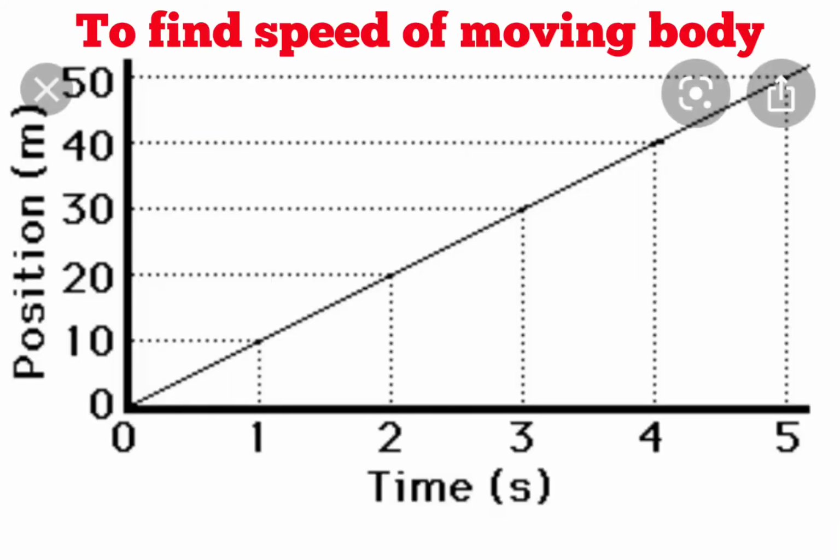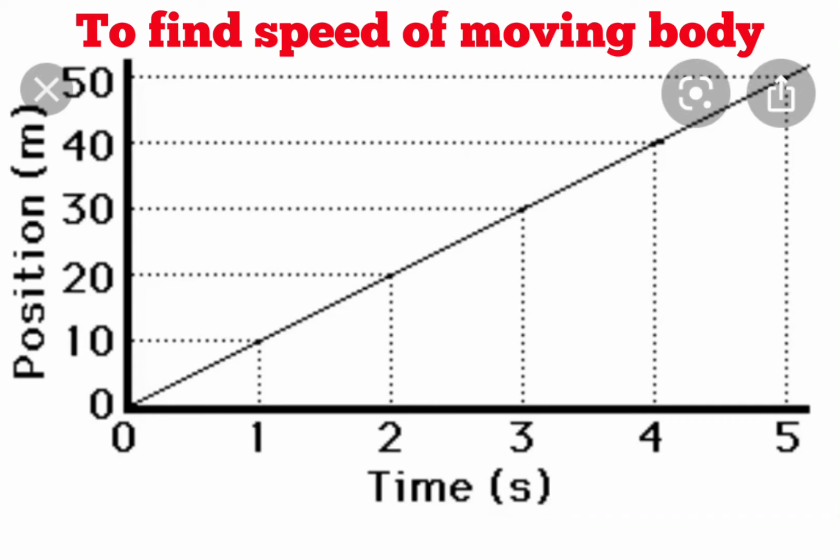The second use of distance versus time graph is, with the help of this graph we can find the speed of a moving body, and for finding the speed of a moving body we will have to calculate the slope of the graph. So we will calculate the slope of this graph. Students, you have to keep in mind, it can be asked in the short answers, slope of distance versus time graph gives what? It gives speed of the moving body.